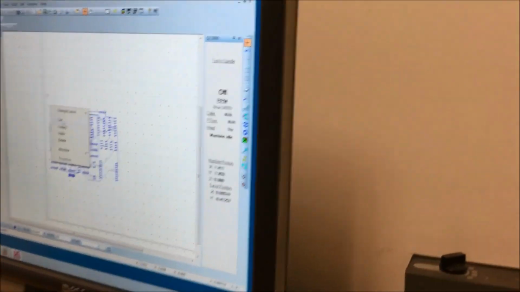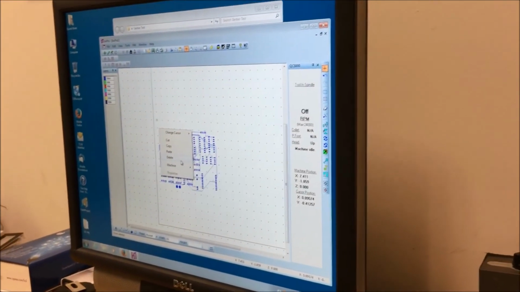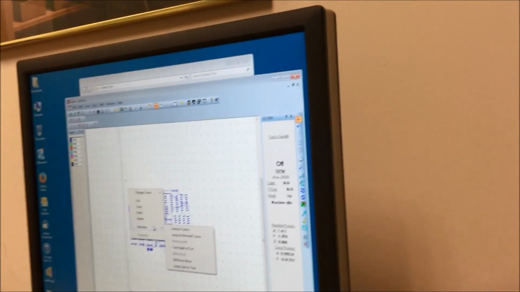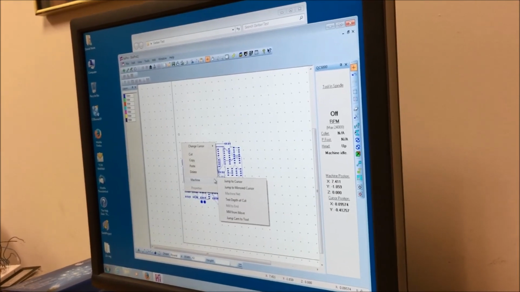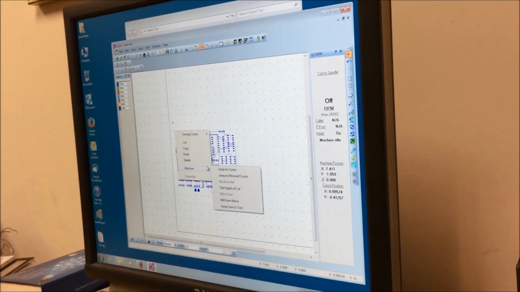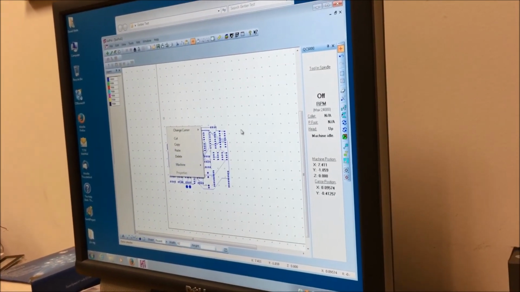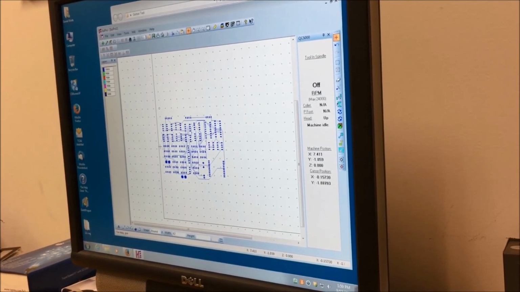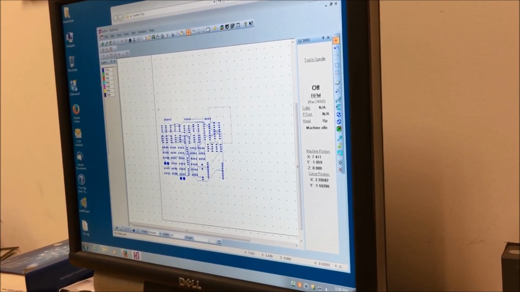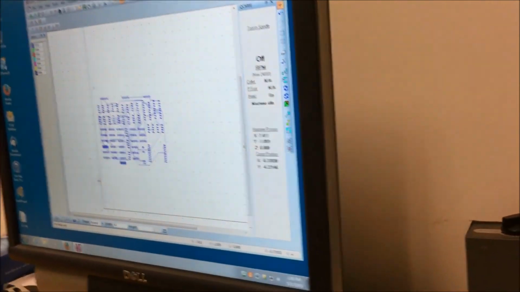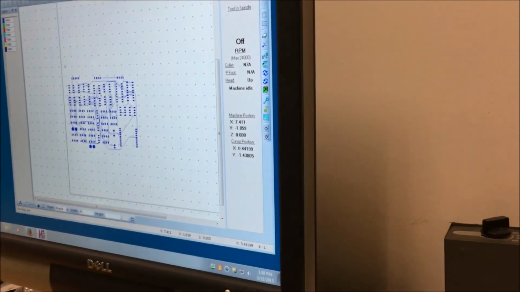So where did you see the limit switch error? It just came up when I tried to run the layer, but I'm not exactly sure why that came up, because I tested the 4 corners of this with the cursor, and I know that it's inside of the bounds of the machine. Maybe it's too close to this, so I'm just going to move this over a little bit. I guess this is a good point to show you how you would actually